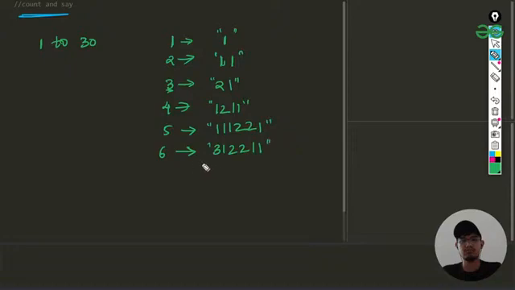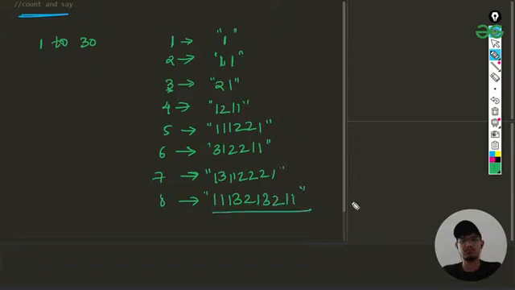Then we read 1 3, 1 1, 2 2s, then 2 1s. Then in the eighth we have 1 1, 1 3, 2 1s, 3 2s, then 1 1. So you can see this is how it is going to be working.